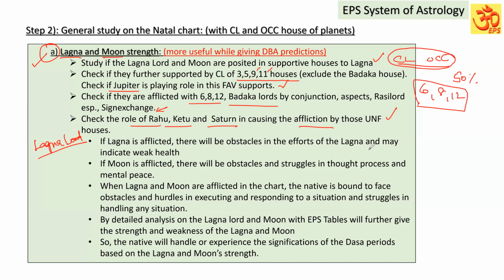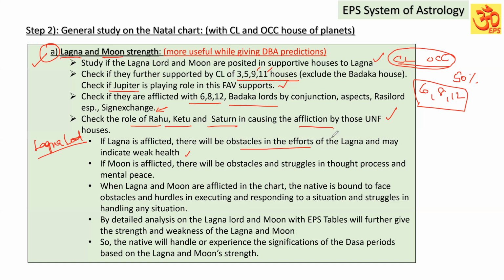the Lagna and it may indicate weak health also, because Lagna is connected to health, and to the 6-8 grouping. So if Lagna is conjoined with the 6th Lord, aspected by the 8th Lord or 12th Lord, it means Lagna is connected to the unfavorable houses for health, so it is liable to face some health issues. When Lagna is afflicted, it indicates that Lagna is going to face obstacles